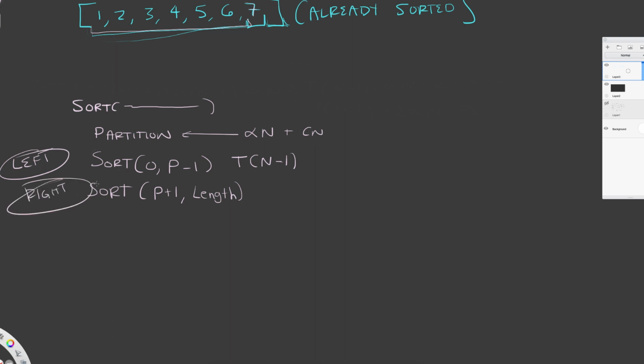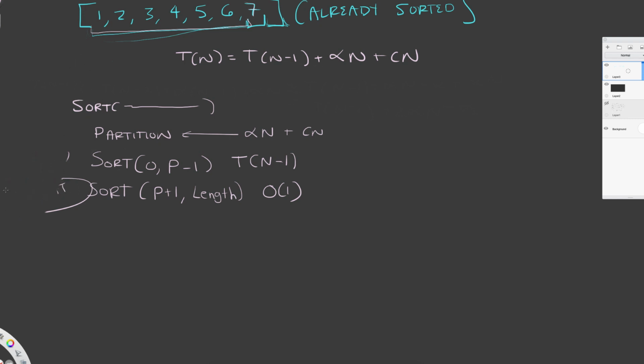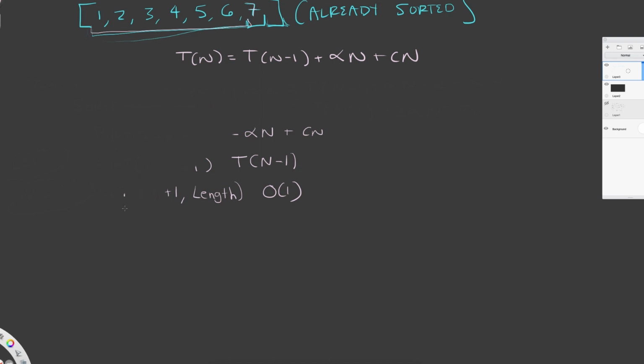But since this doesn't really exist, this is more like a constant operation now. So at the end of the day, what we have to end up solving is a recurrence relation that looks like T(n) = T(n-1) + αn + Cn. And this reduction will allow us to see the negative benefits of feeding an already sorted array into something like Quicksort and how it yields that n squared explosion. So let's go ahead and